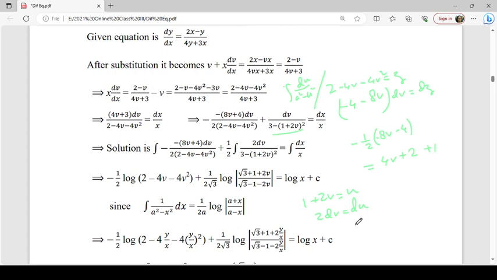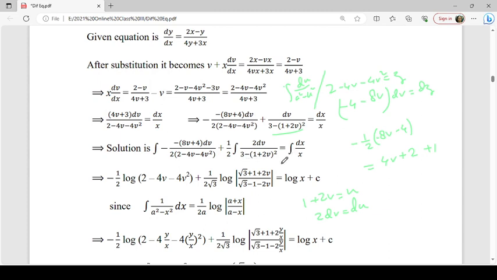So 2 dv we are to write here, but we are only dv, no 2 here. So this is 2, we are to make it 2 dv, so we are multiplying by half, so that this becomes dv. So this part is equal now, so it is 2 dv, then 3 minus u square, we are making this as u. Then this 3 is now a square, means root over 3 whole square,